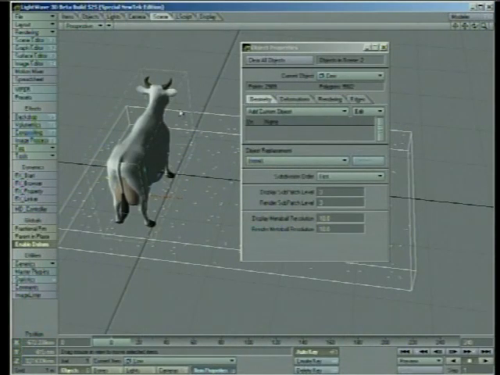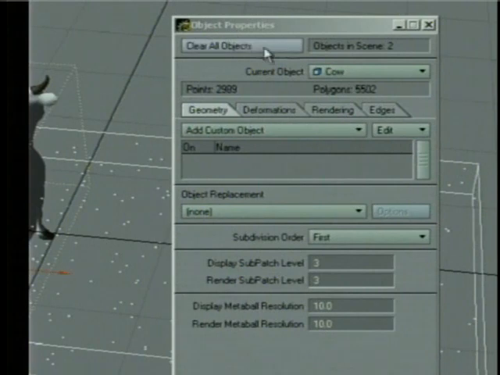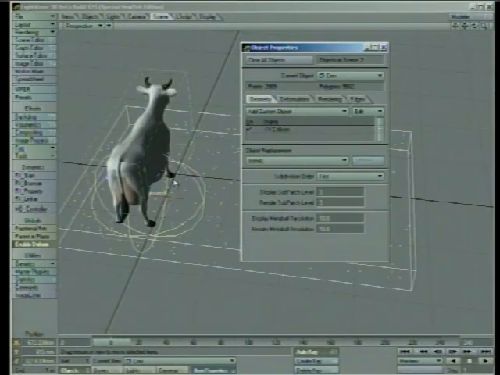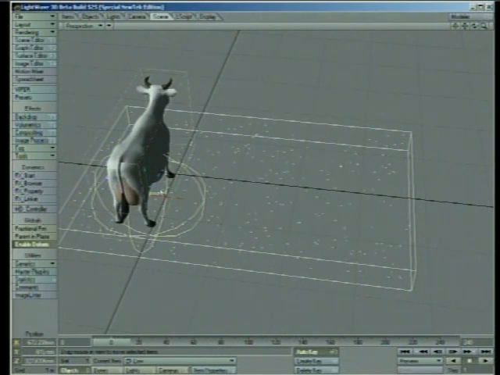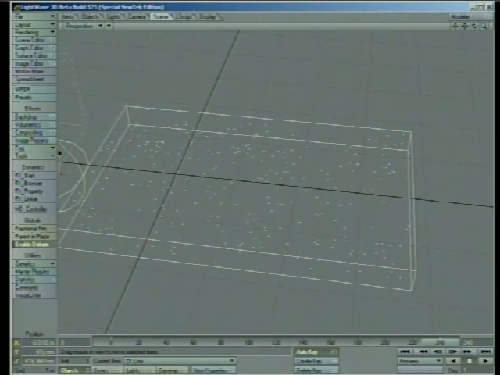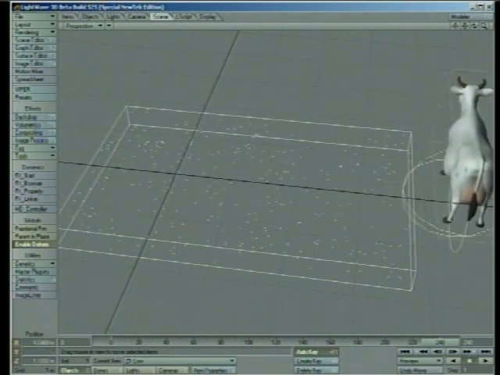So what I want to do is go under object properties for the cow, and under custom object, I'll turn on collision. Now you can see this cow is in fact a collider. Now the thing about him is right now he's still set to sphere. So if we just move this out of the way here and move it through,